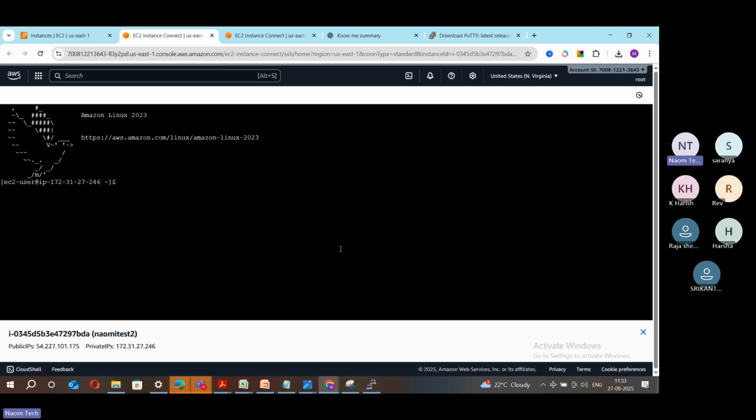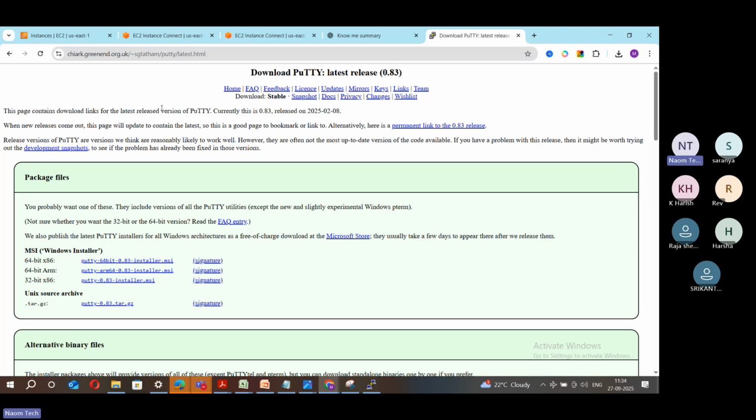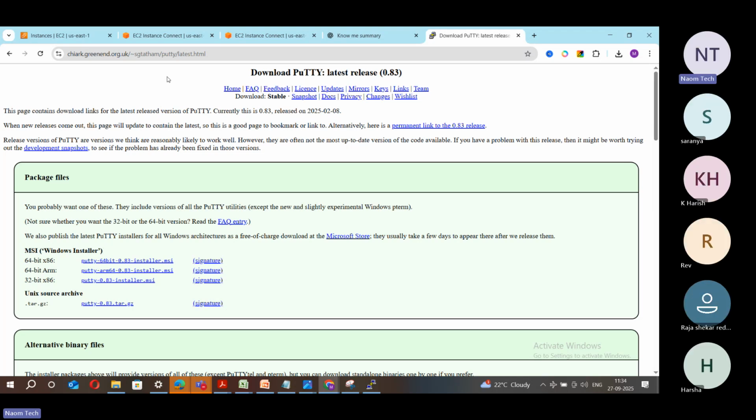To connect it to PuTTY, what do we have to do? We have to use the PuTTY console. First, download PuTTY from any available source. It's not that you should use this one only, but this should be simple and easy for you to download. And then once you install it,